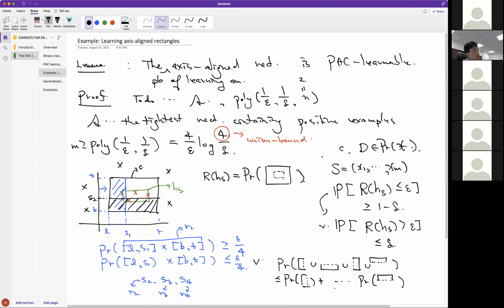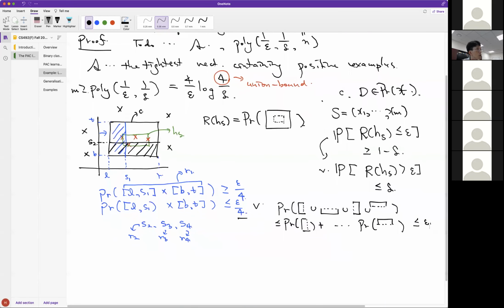And because each of them is bound by epsilon over 4, that's going to be bounded by epsilon. Okay. So what can we reason from here? So what we want to prove is this. One reason is that if R of HS, suppose the algorithm returns some HS with error greater than epsilon, then it cannot be the case that